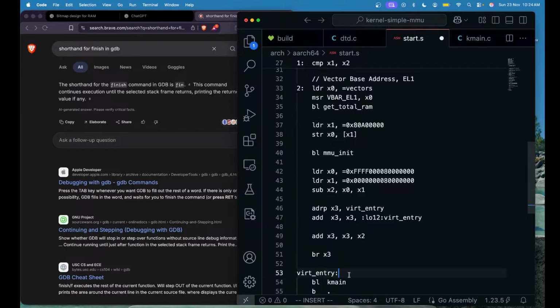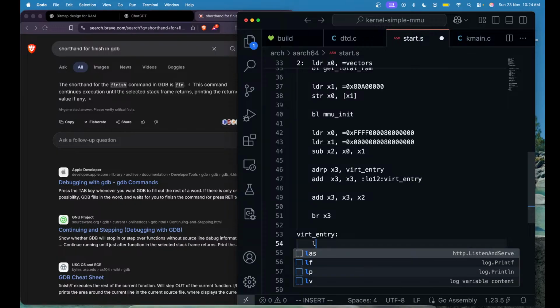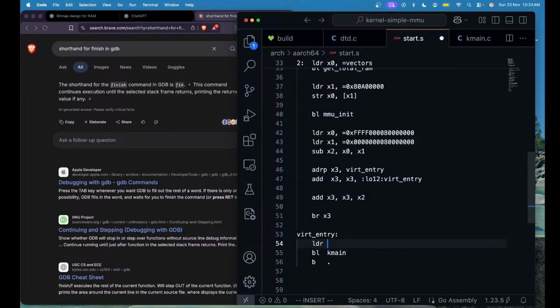We can load from LDR x0, because x0 is the first argument, I believe. Yep, I am pretty sure. So